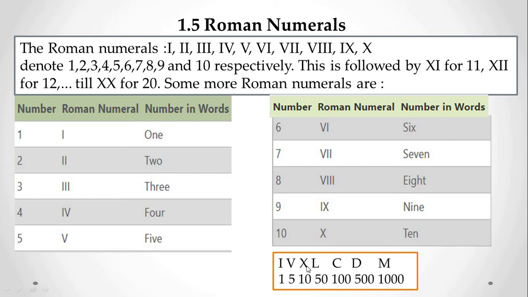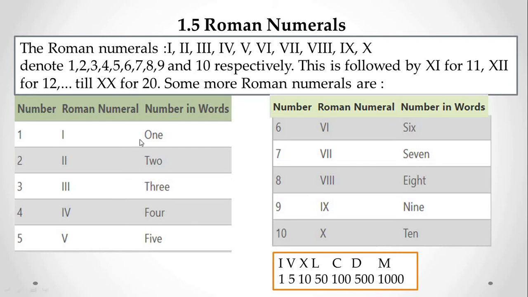LCD. This word you remember. LCD we commonly use in computers, and TVs also have LCD types, monitors. So L starts with 50, C will be double, 100, and D you have to remember is not 200, it is 500. In this way you can remember LCD. M is the last value, that is 1000.